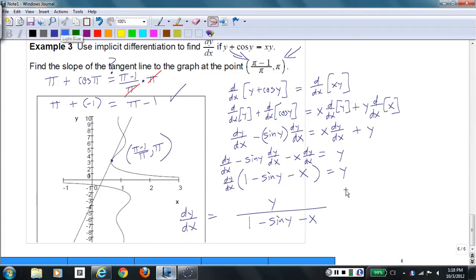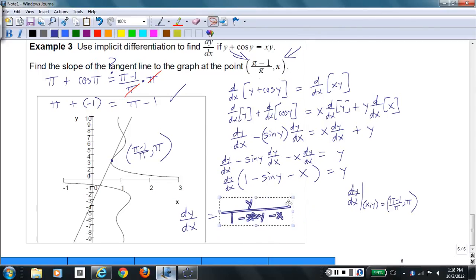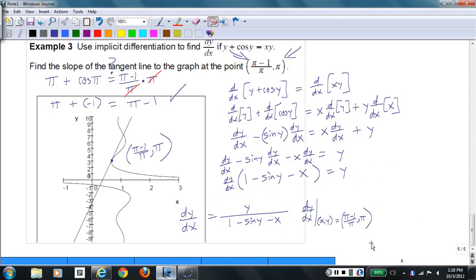I'm going to write it like this. dy/dx, where (x, y) equals (pi minus 1 over pi, pi). I really would like to have room to say something. What can I say? Oh, I can scoot this over. Shrink it just a bit. And then this over there. So dy/dx, where (x, y) is that point, is equal to